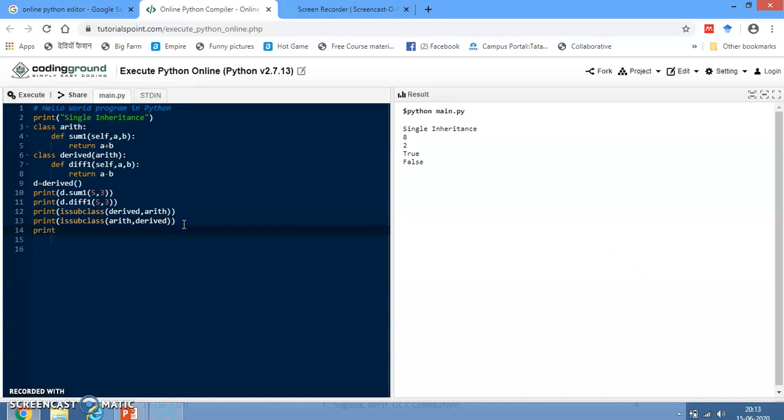Next I am checking the instance of a class using the function isinstance. Here D is an instance of the class derived. I am executing it. Yes, it is true because D is the object, or instance, of the derived class.